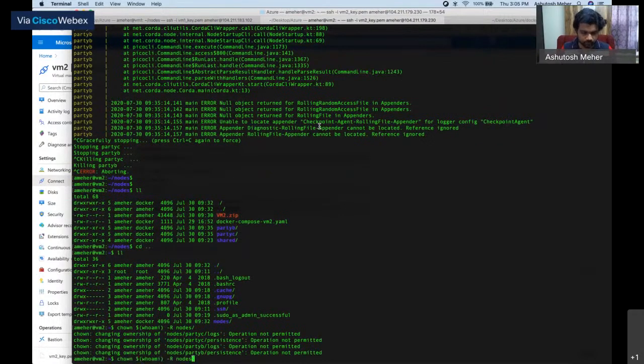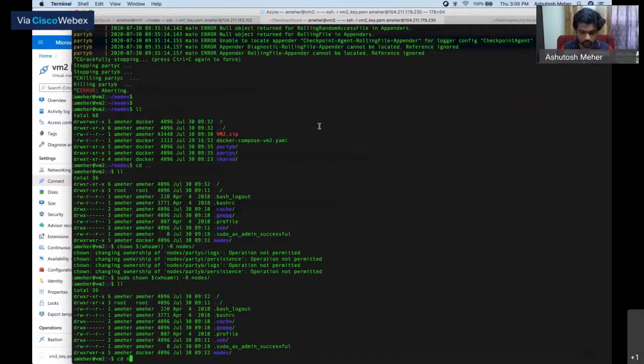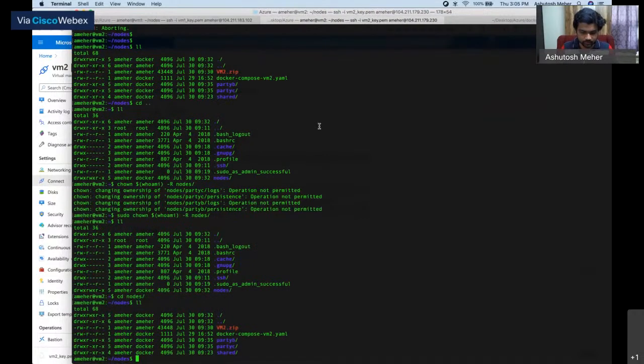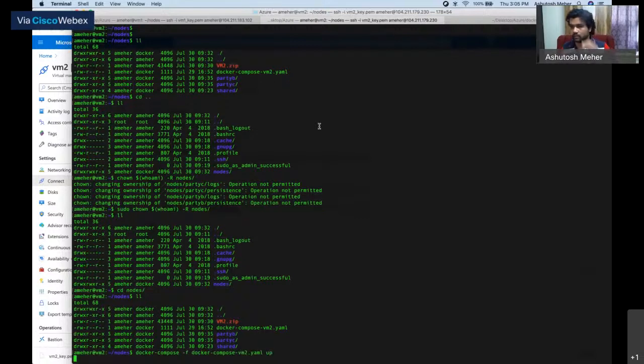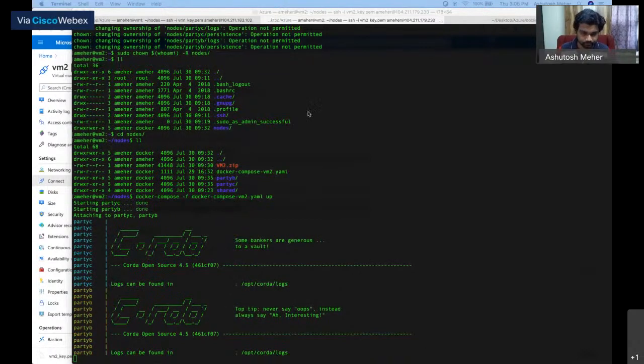Sudo. All right, that should be it. Let's try it again. Compose and up. All right.